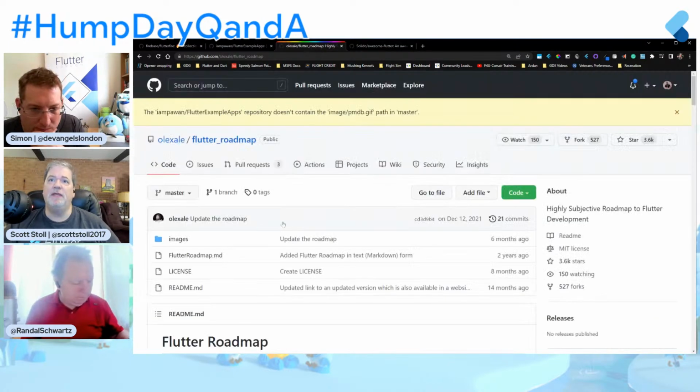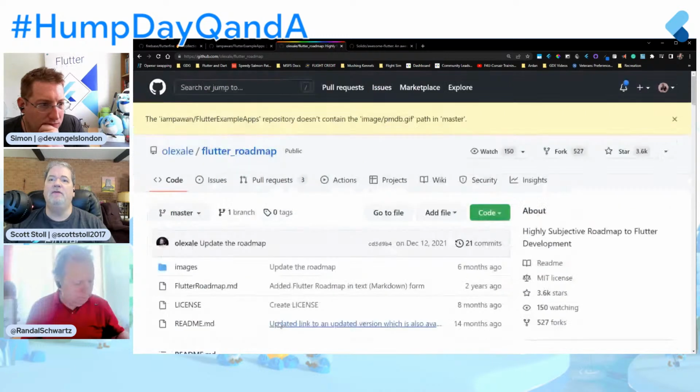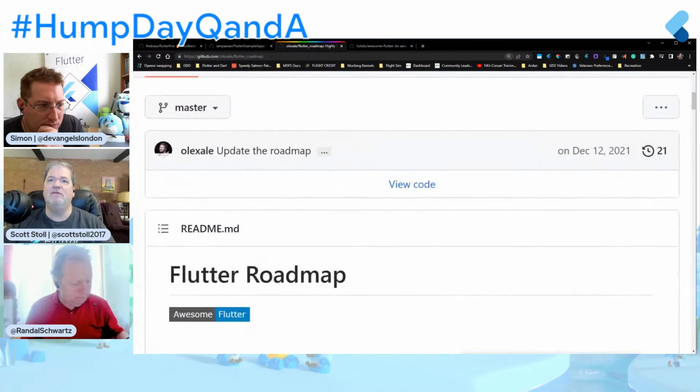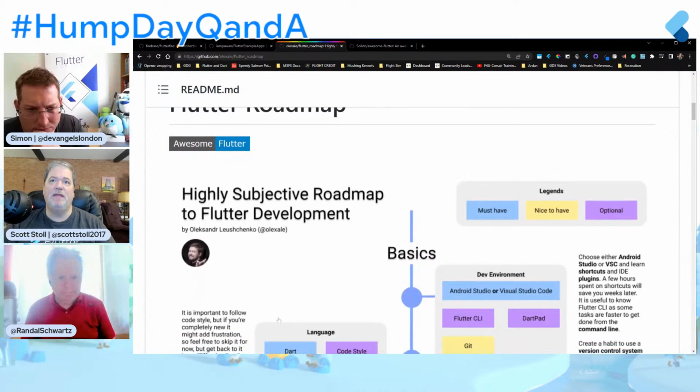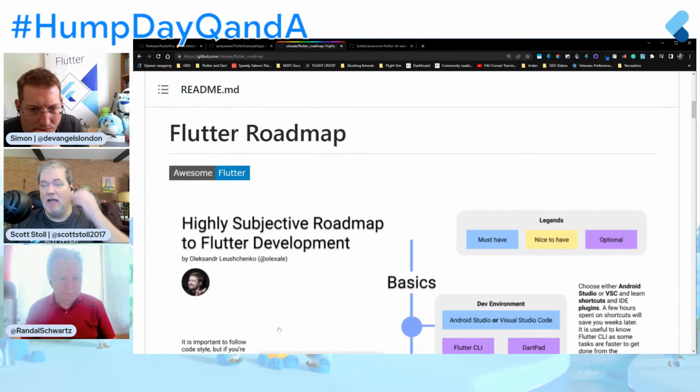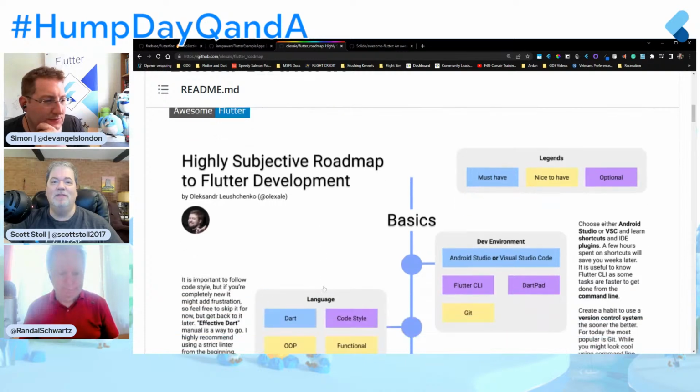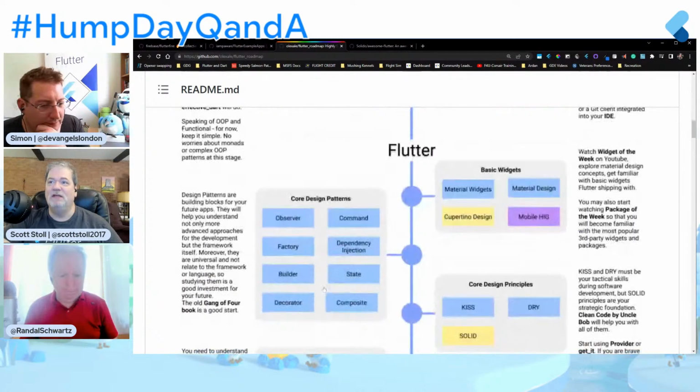And a similar thing here with the highly subjective Flutter roadmap. I am also noticing this being repeated elsewhere. And this is Alexander Lushenko, who is the husband of Anna Lushenko. So, yes, they are a husband-wife team of Flutter people. It's pretty cool. But, yes, the basics, then Flutter,